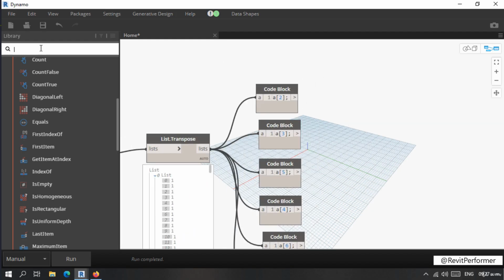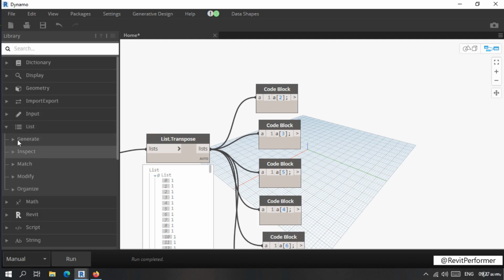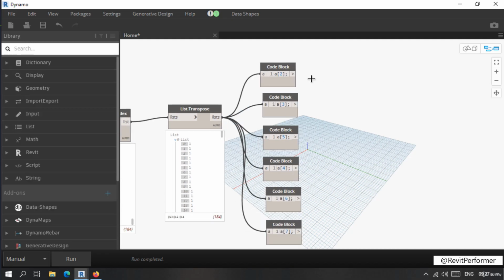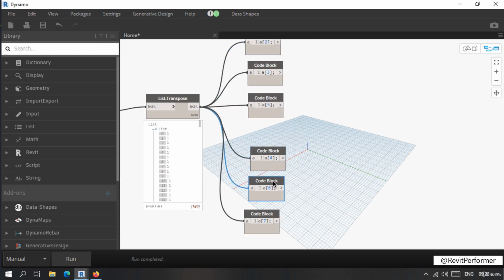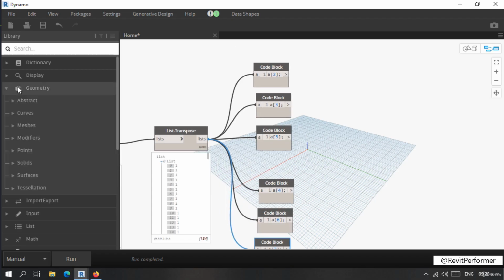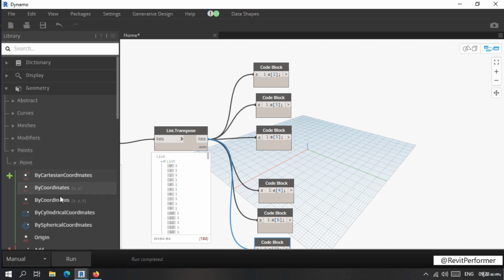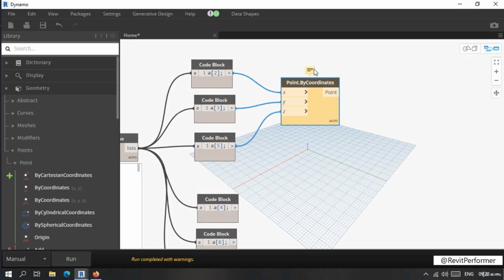And we can call from the equation to create a geometry. Since it's going to be a 2 points line, it's not a curve, it doesn't have any breaking points, we can go for the geometry property. Of the geometry, we have point creation, and we can do the point creation by coordinates. So it's going to have something like this: 1, 2, and 3. And if we run it,